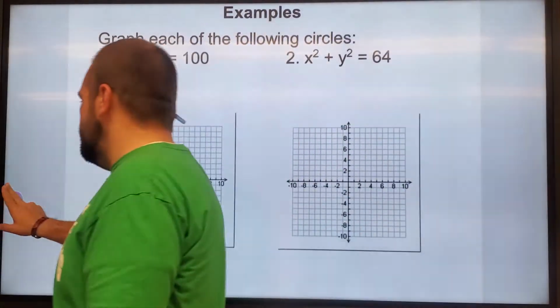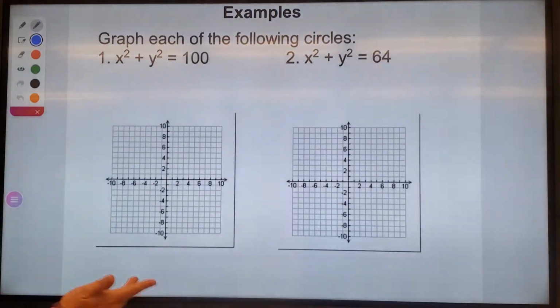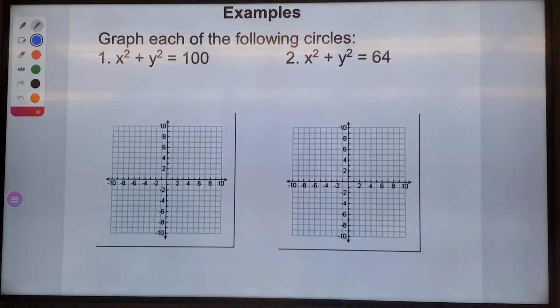So lots of examples here. Pages 4, 5, 6, and 7 are 2 examples on each page. So you have 8 total examples here, and then it's all you. Okay, so here you'll notice that number 1 and number 2, the equations are a little bit different than what